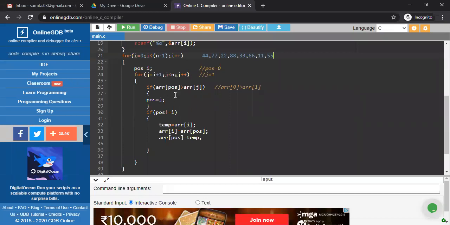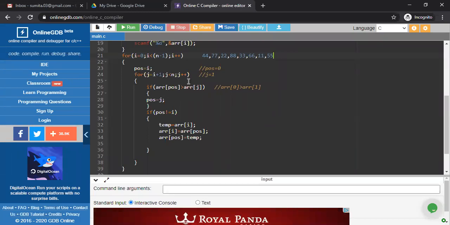So according to this condition, what is the position value? See everyone, my loop is executed for the very first time. So this is my array elements, and you know that the lower index is 0 and upper index is 7. Up to here we all know. So lower index starting with 0 and upper index ending with n-1. So our loop, according to the syntax of array, is executed for 0 to 6, means total 7 times. So 0, 1, 2, 3, 4, 5, 6, 7.